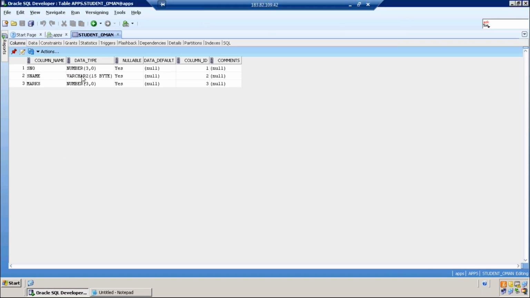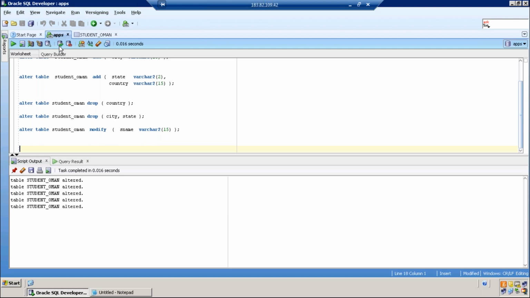Refresh. It has been changed to 15. Am I right, Dilavar? Yes. Yeah, correct. Perfect. So we have it. Also, if suppose earlier it was 15 and now we want to shrink it to 10, what about the data? It is already there. Very exact. Good question.